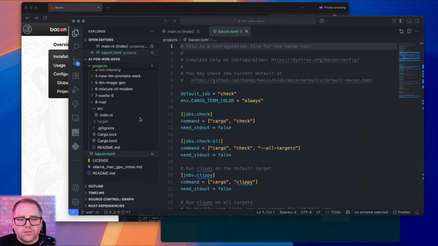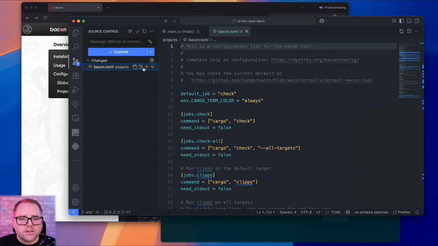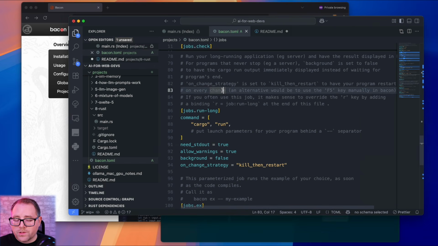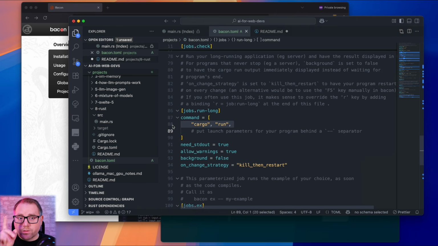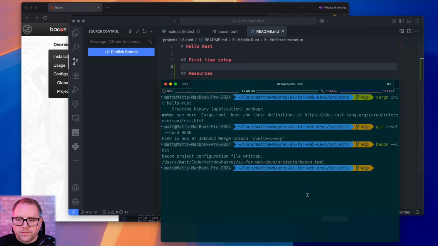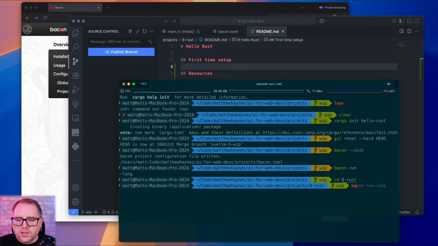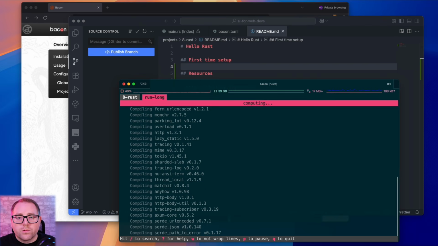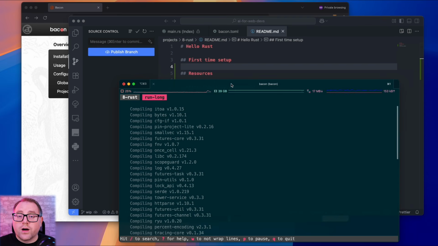But what we're going to do, so let's stage those so you can see the diff. Actually, run long is already set up. So out of the box, it'll just watch for changes. What we will do later on is add some compile flags so that it compiles with Metal and such. But for now, that's all we need. So now we can watch for changes. cd rust 8, bacon run long. So now what it'll do is it will watch our project for changes, and then it'll automatically recompile it for us.